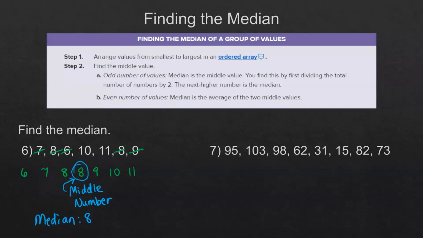Okay, so on the next set of data, we have 8 numbers. That means we have to find the average of the two middle values this time. So we're going to put them in order once again, and then we'll look at the middle values. You can look through here and see that 15 is my smallest number, and then 31,